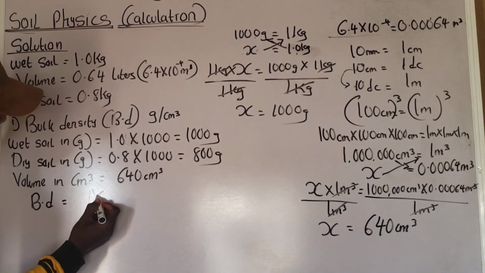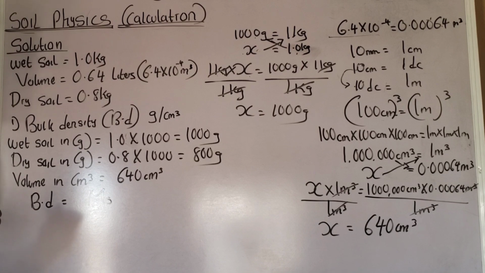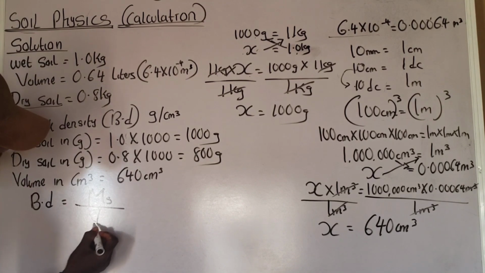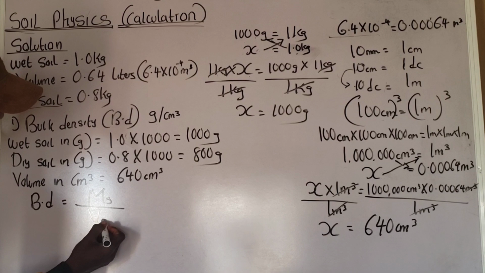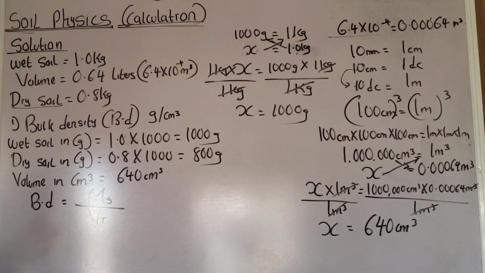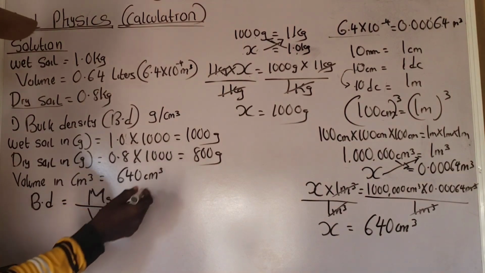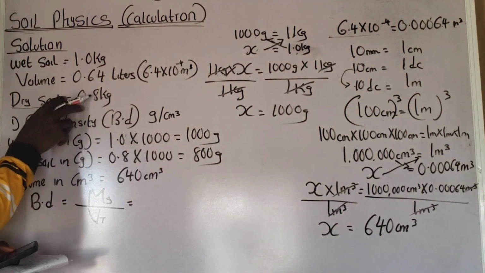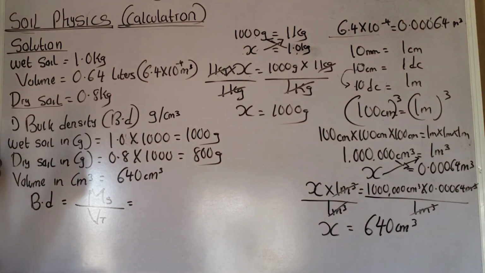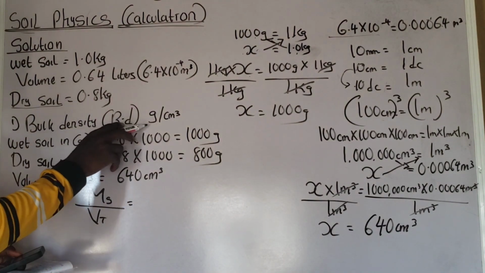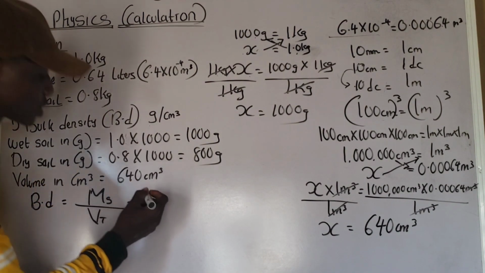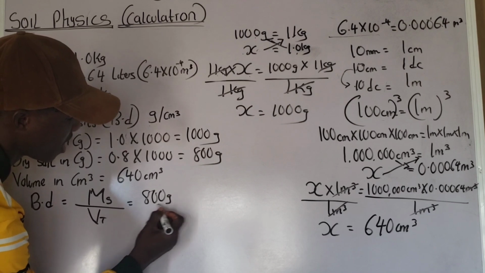So bulk density equals to mass of the soil, which is Ms. Are you paying attention? That is the dry mass. The dry soil is Ms. Now the mass of the soil all over the total volume. Do you understand? Now the mass of the soil is what? 800 gram. Don't use 0.8 kilogram, because the question says we should calculate the bulk density in gram per centimeter cube. So I'm going to use 800 gram all over